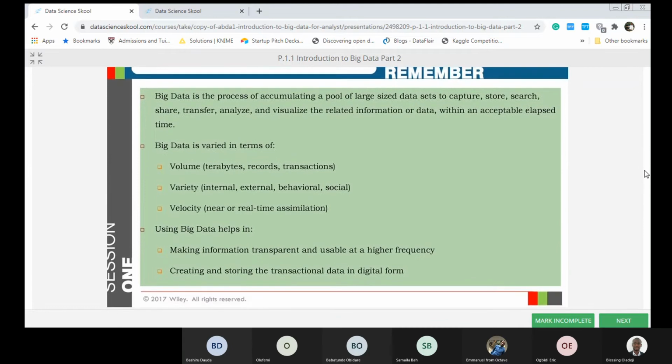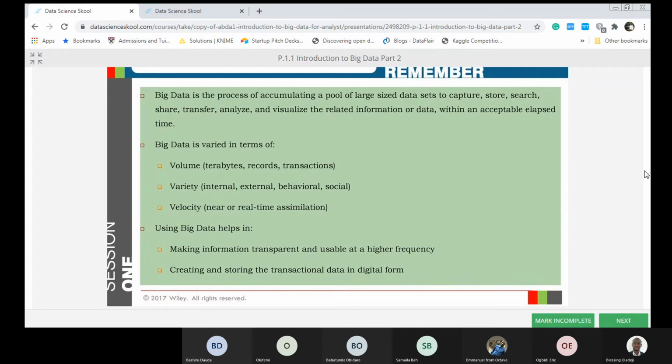Okay, so this takes us to the end of chapter 1 that we started yesterday. And just to recap all of this that we've been talking about, we took time to talk about big data, which has to do with a large pool of data that is changing rapidly and comes in varieties. So we said that 3 things characterize big data: volume, variety, and velocity.